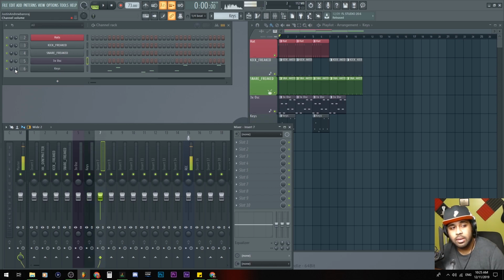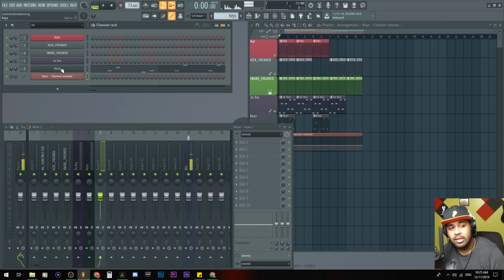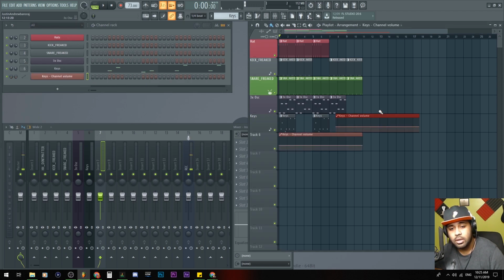How about, for example, if we were to automate the keys here? Remember the automation clips with the points and the arrows and things like that? I feel like I should have shown this in the playlist one, but I didn't. But if you've been watching the series, then you'll know. You cannot put automation tracks into a mixer because that is not basically a sound. It's an event.